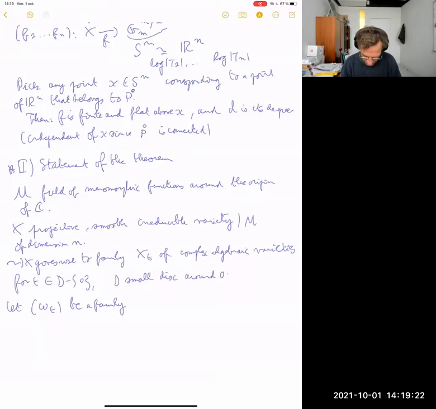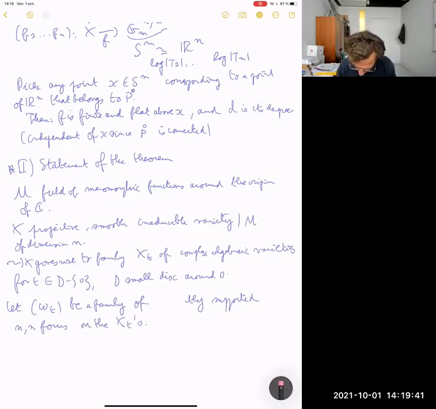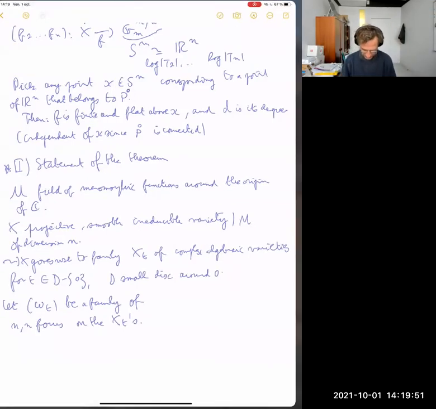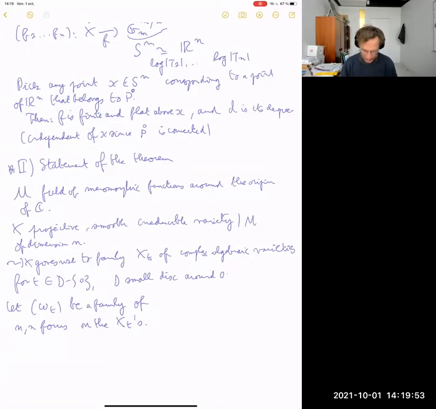I will not give the detail, but be a family of compactly supported n forms on the xt's. Okay, compactly supported is stupid. I told you that the variety is projective, so n forms on the xt's. I could give a version with an affine variety, with a non-necessarily projective variety, but I want to make things simpler. So I take a family of n forms. Then, under certain assumptions,